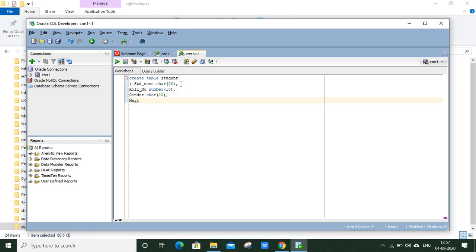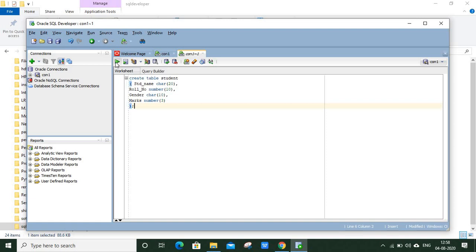So we'll be writing here marks, again of type number, and maximum length is, say, 3. After you have created all the columns, you need to close this parenthesis. You begin from here and close it at this point, and then put a semicolon,